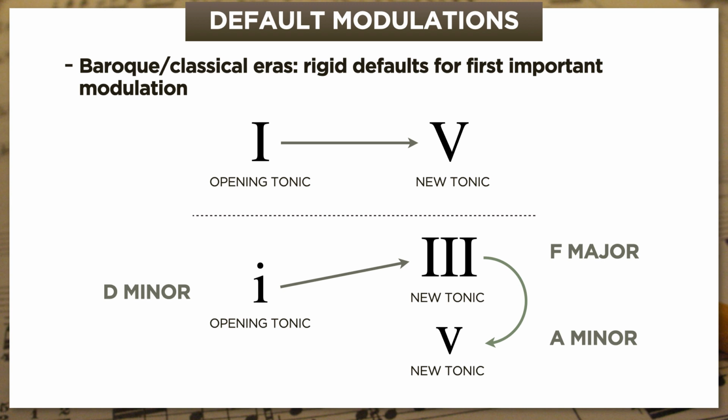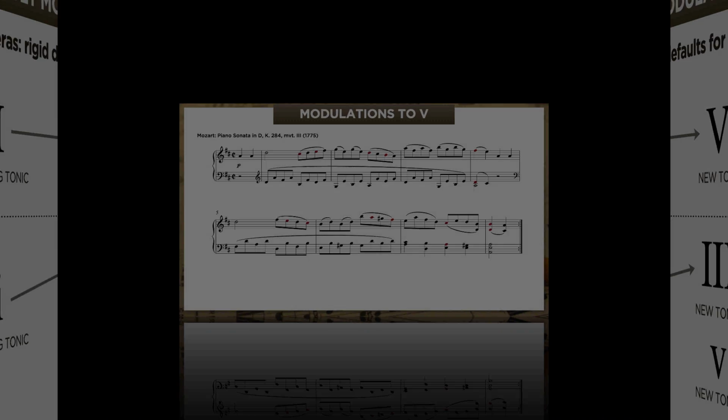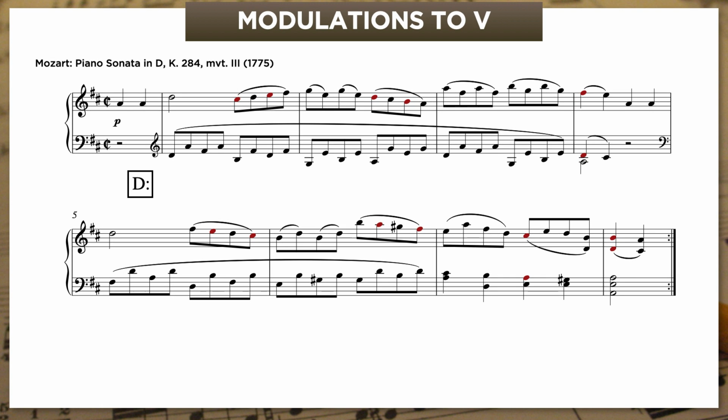So from this point forward, it's all show and tell. I've chosen 6 pieces to analyze, and they all have a few things in common. Each of them modulates to one of these 3 default keys, and each of them is built like the opening example in that they're all parallel periods that modulate during the second phrase. But they all work a little bit differently, so we can pick up a few new insights with each piece. Let's start with modulations to the dominant in major keys.